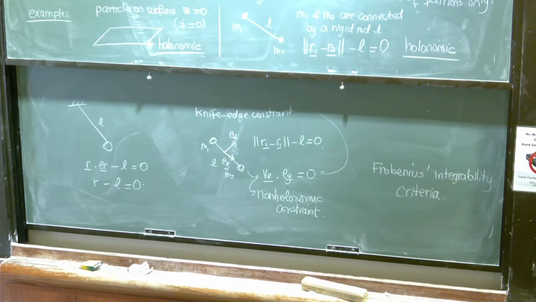Consider a constraint applied to the system, written as F1 dot v1 plus F2 dot v2 plus up to Fn dot vn is equal to 0. Then